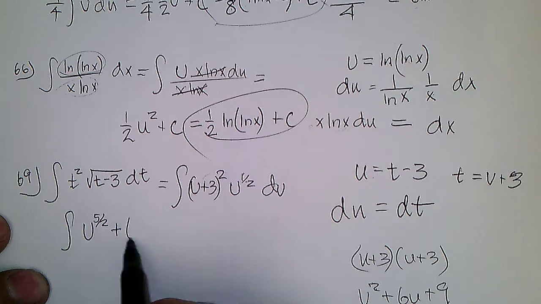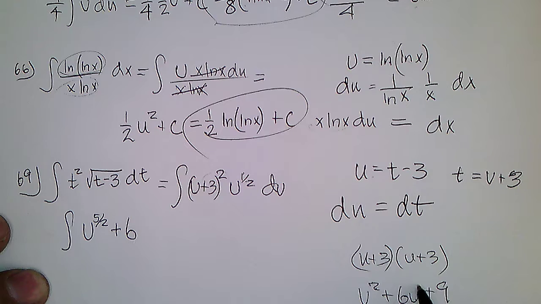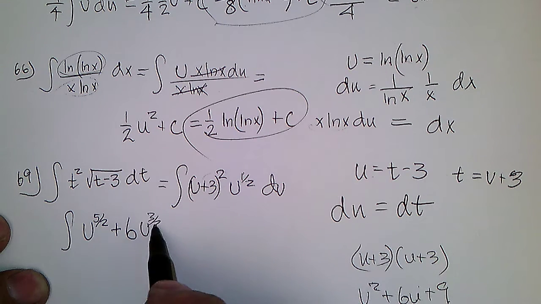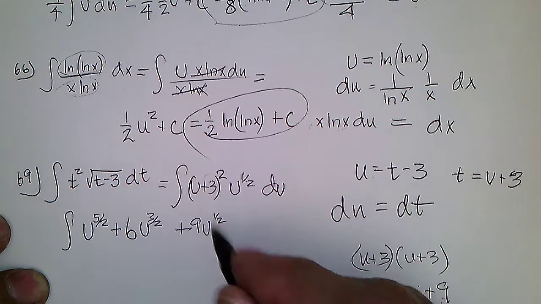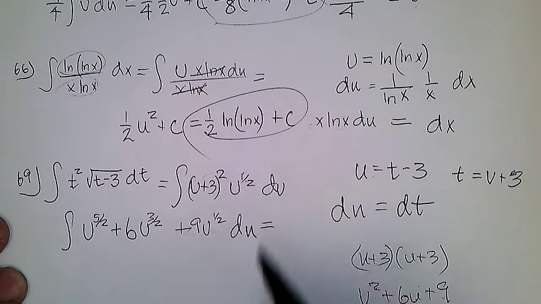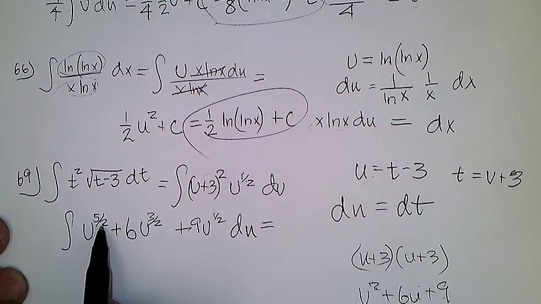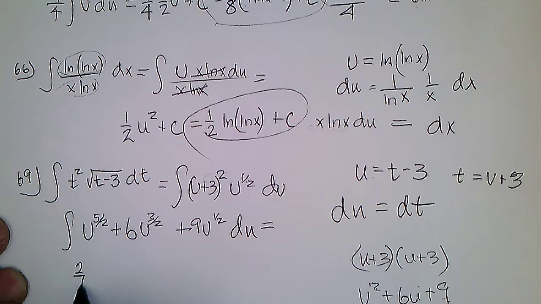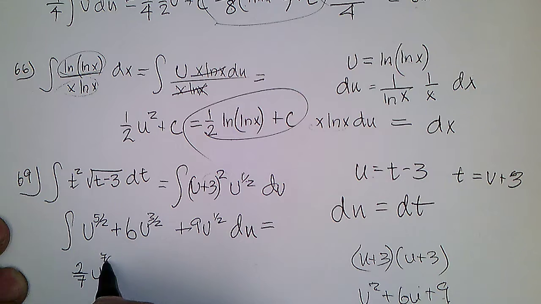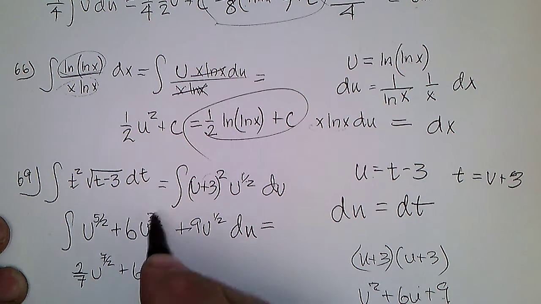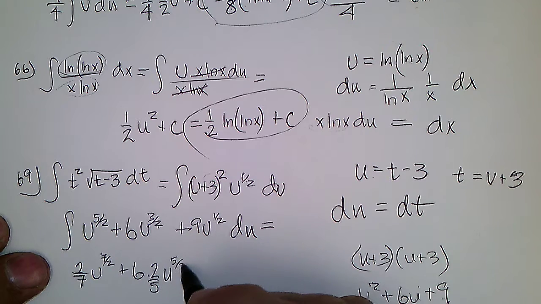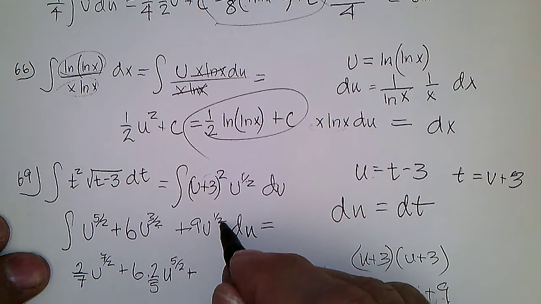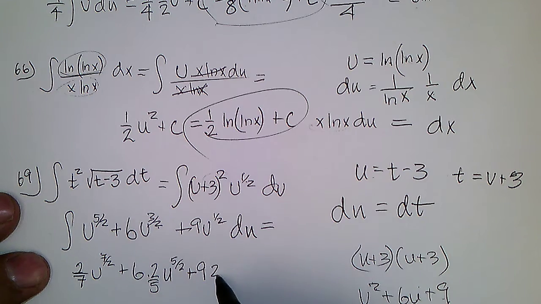plus 6 u to the 1, which is 2 halves, plus 1 half is u to the 3 halves, plus 9 u to the 1 half du, which integrated is 1 more than 5 halves is 7 halves, so it's 2 sevenths u to the 7 halves plus 6, 1 more than 3 halves is 5 halves, 2 fifths u to the 5 halves plus 1 more than 1 half is 3 halves, so 9 times 2 thirds u to the 3 halves